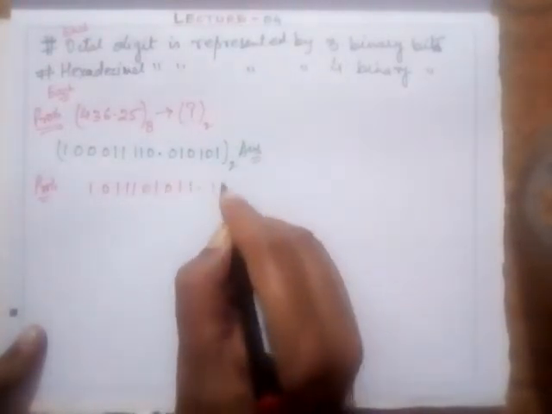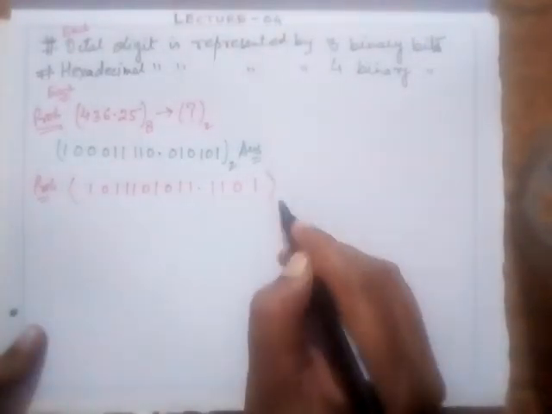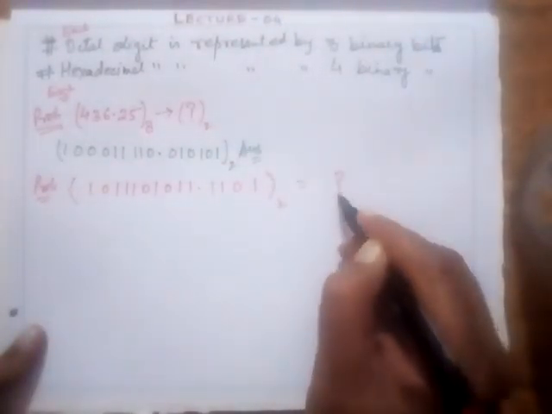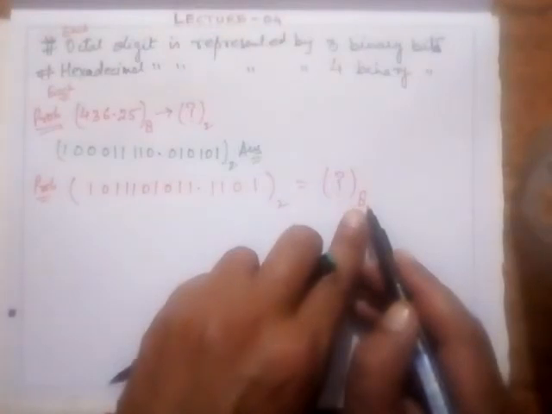Or even suppose I say, next problem, this was octal to binary. Next problem, suppose I have a number like this: 101110111.1101. I say this is a number in base 2, and what is the corresponding number in base 8? So as I said, an octal digit is represented by 3 bits. If I have to convert this into base 8, it means 3 binary bits will represent a single octal digit. So how will you go for this?